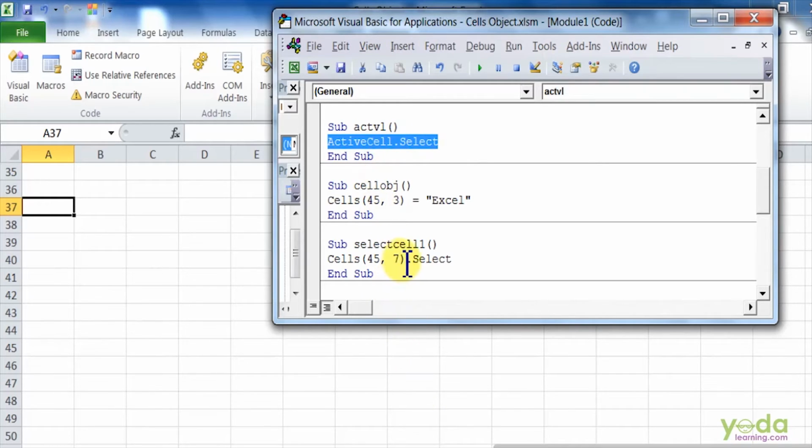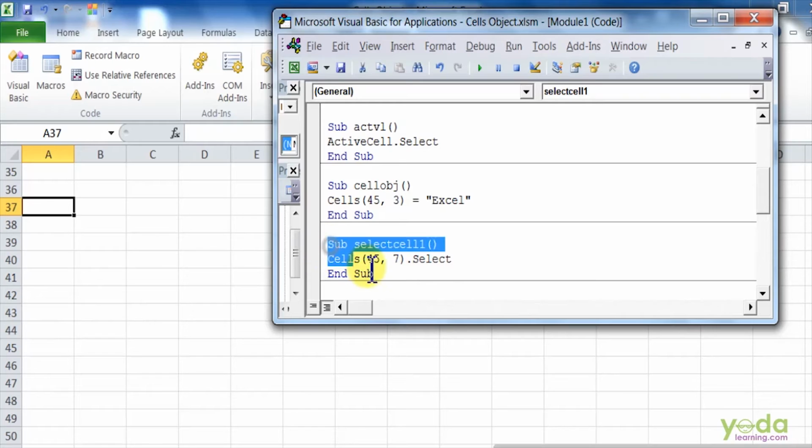Now say I want to do the same with the help of the cells object, but for that you need to specify the row number and the column number. So here I want to select the row number 45 and the column number 7. This I can do with the help of the cells object.